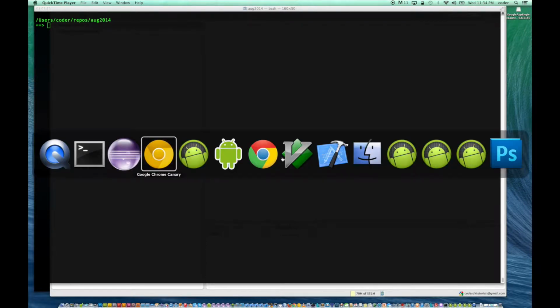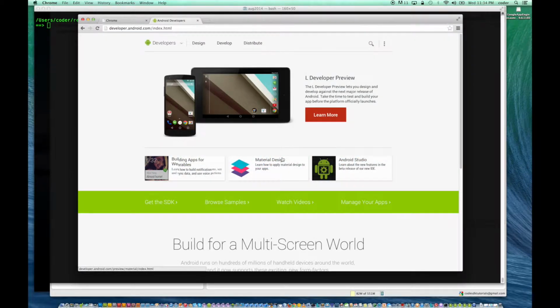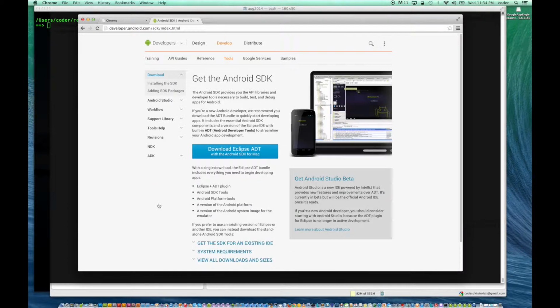In this tutorial, we're going to create a simple Android app, but before that, we're going to get the setup done first. Now, the setup steps are quite time consuming, so I'm not going to go into the detail of it, but to start off, you need to open